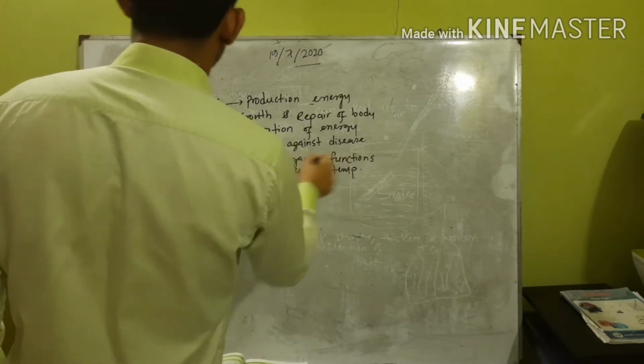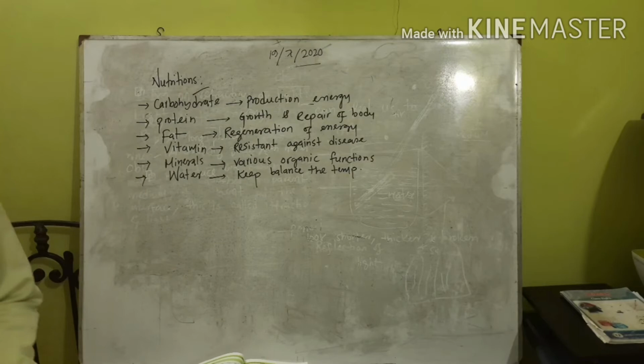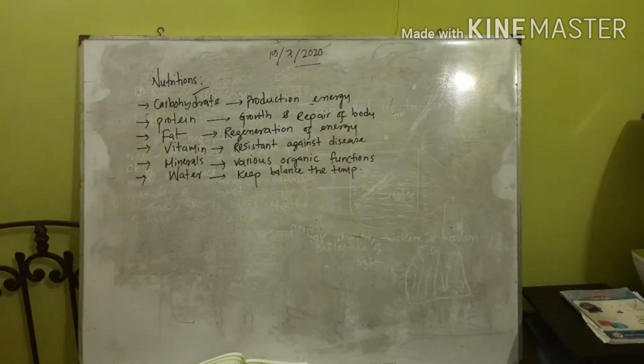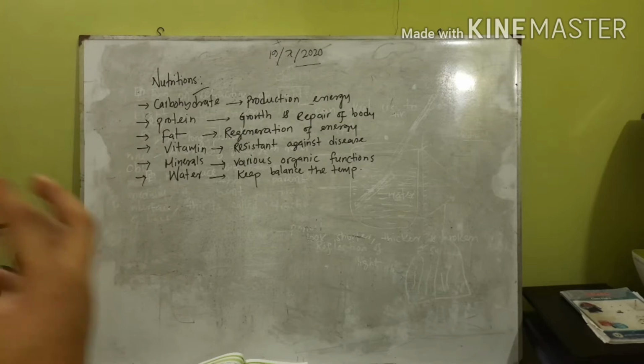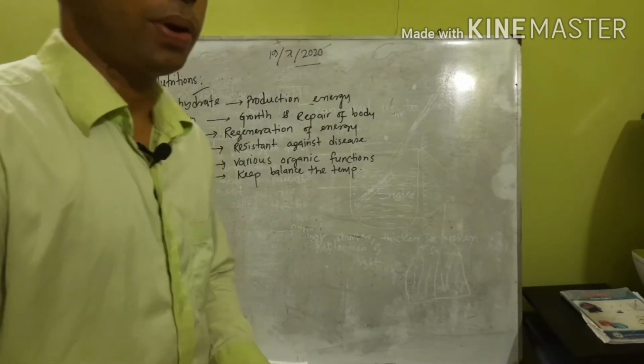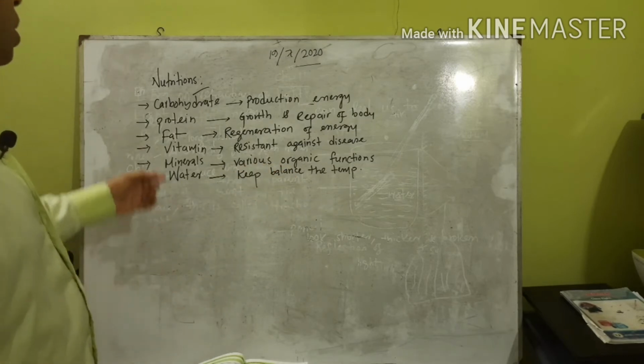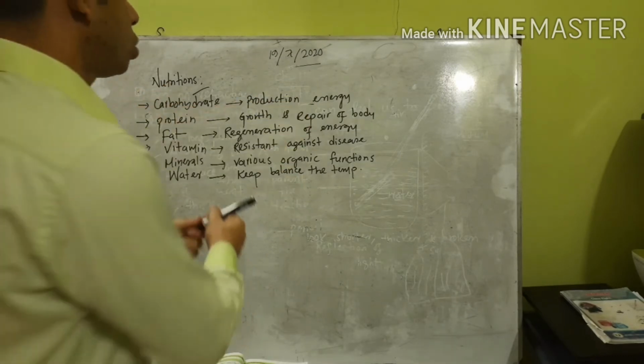I just write the functions in a short way. We will learn many things from there, and this chapter 5 also has mathematical problems. So water keeps balance of the temperature, carbohydrate is production of energy,